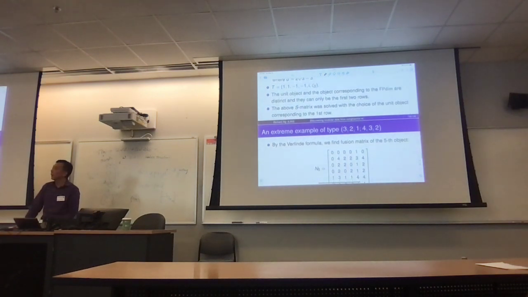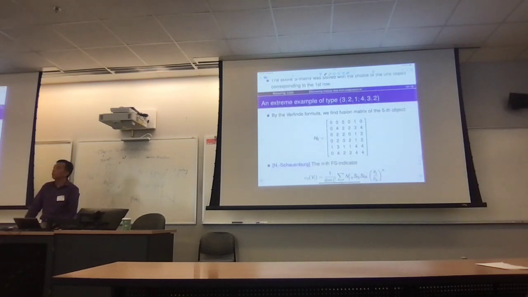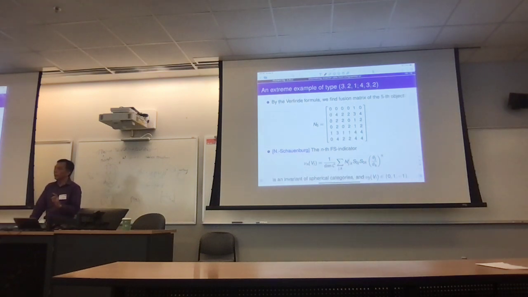No, there's one other thing. I can compute the fusion rule. Remember, if they are genuine modular data, I can go back to the Verlinde formula and compute the fusion rule. I did compute the fusion rule. Then they are all non-negative integers. They satisfy all the properties that you need. It's pretty remarkable data. So one thing is, now we kick in, you need the associativity. The associativity never showed up in this case, but actually there is one invariant which captures the associativity, which is a higher Frobenius-Schur indicator,